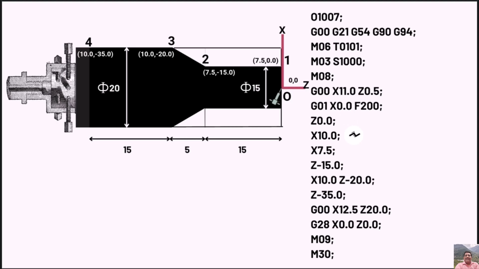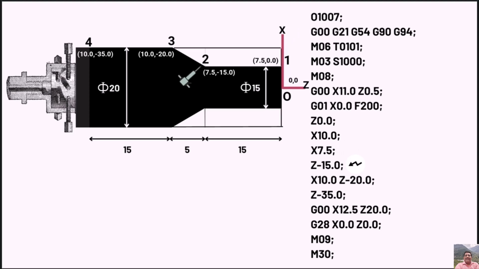Now to get tool smoothly to point 1, we need to first get the tool to one of the diametrical end of the workpiece. So for that we shall write X10.0. Now we will begin maintaining the 15 mm diametrical cut as desired by end product by giving command X7.5 followed by